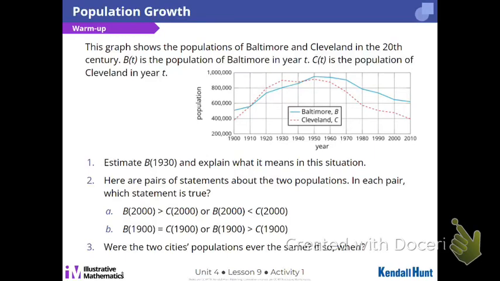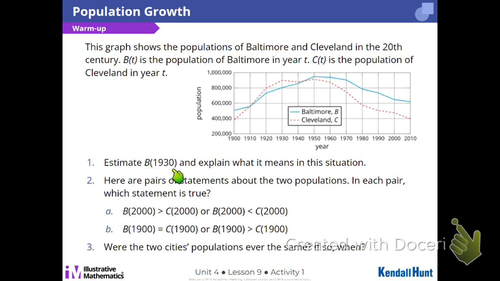To get warmed up with your partner, you're going to answer some questions about Baltimore and Cleveland. Pay attention to the format, right? We are using function notation. So I'm not going to give an answer yet, but as we look at this with function notation, this says